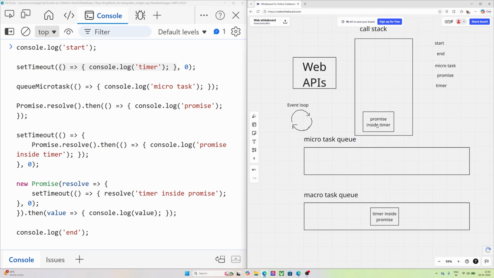Now the promise inside timer, which is this callback here. Okay, so the on-fulfilled callback, promise inside timer. Now there is also a console.log, so okay, it immediately executes, and promise inside timer will be printed. Now what happens, this console.log is deleted and there is nothing left in the callback, so this is also deleted. Okay, now the call stack is empty, the microtask queue is also empty, and the macrotask queue has one callback, which is this